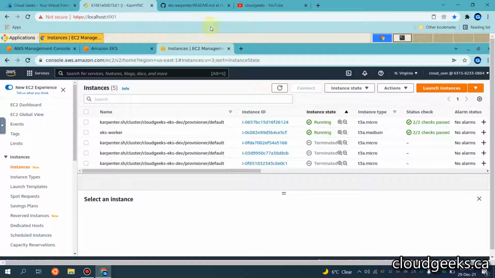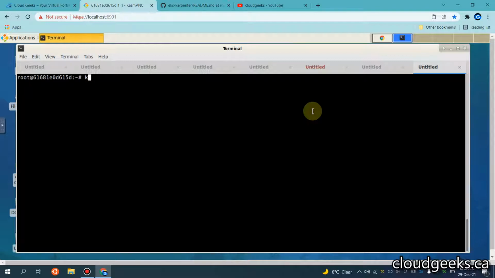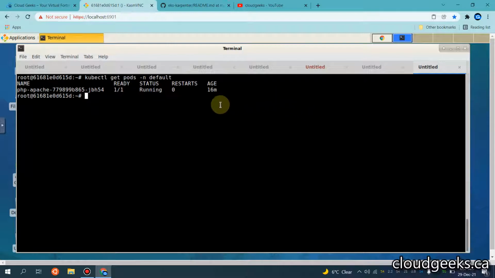So we are now almost moving to the end of our video, and let me simply remove all the pods. You see I'm only having one extra node running in the EC2 section. If I run kubectl get pods in the default namespace, you see we now have only one PHP application running, because the artificial load we put on our application is now reduced.